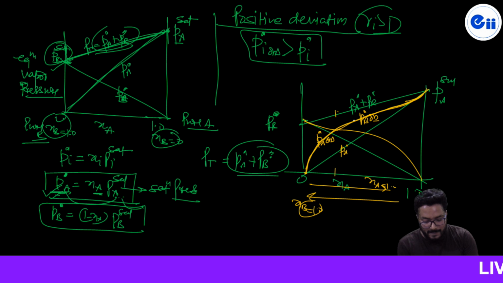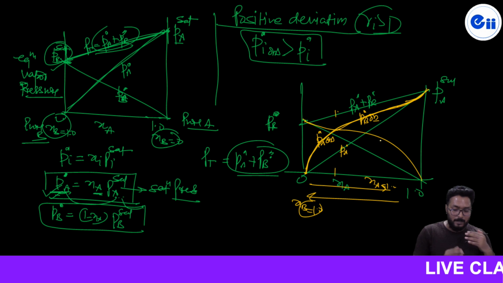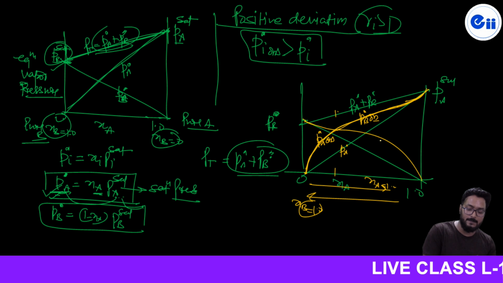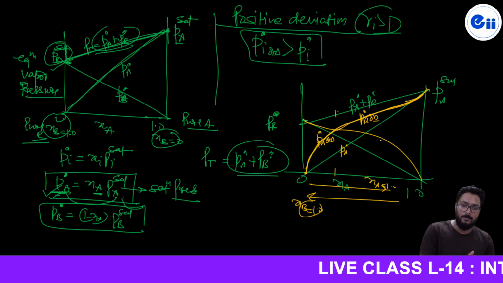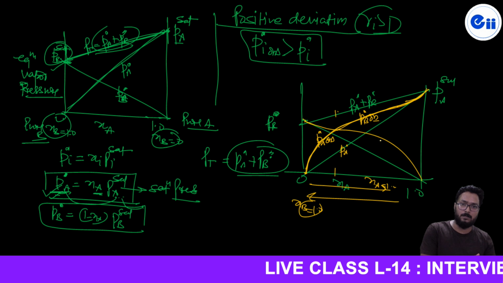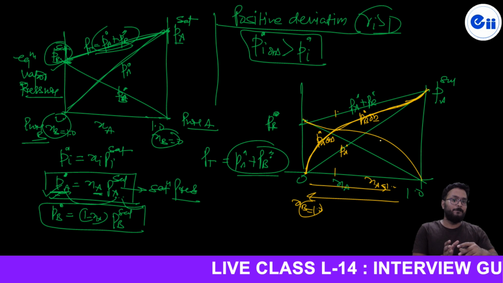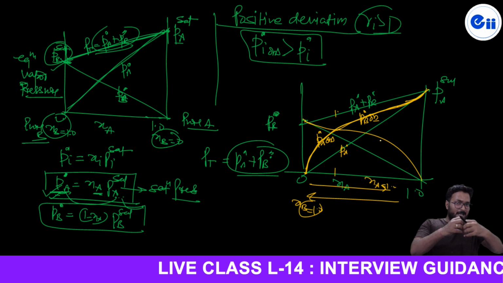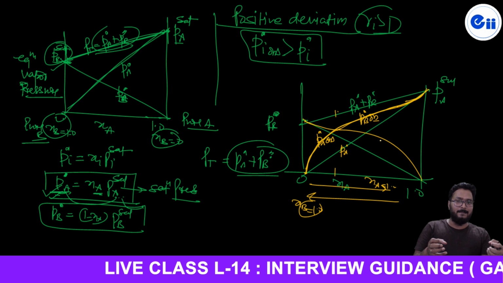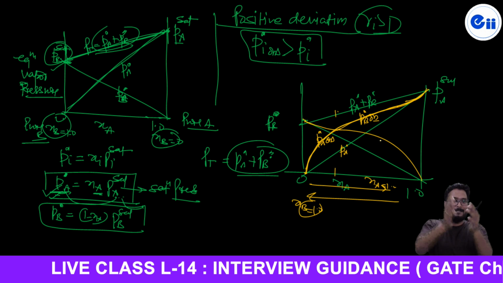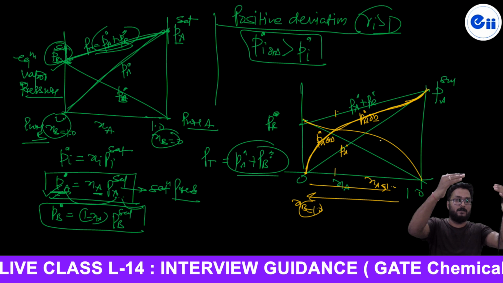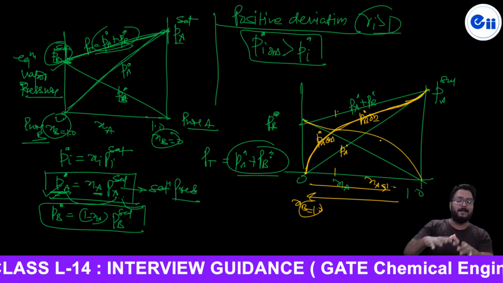And if you are going to add these two, it means what thing I have observed. Listen, a very important thing I am going to discuss, and that will clear your concept about the types of azeotrope. Since A and B molecules repel each other, and they are more comfortable to be in the vapor phase, that's why they will exert more vapor pressure as compared to that in the ideal condition.